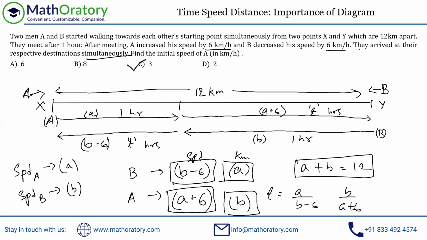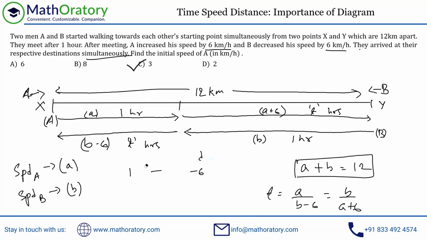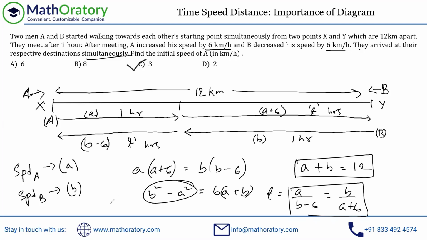You can actually solve this out. Both are t, so these two should be equal. Just cross multiply and you'll get the same thing. Let me show that once. So you have this part which gives you a into a plus 6 is equal to b into b minus 6. You have something like this, and this is, by the way, b plus a into b minus a. So b plus a and a plus b, these two can go off. So we have b minus a is equal to 6 after the cancellation.